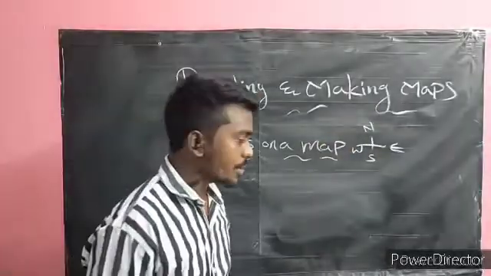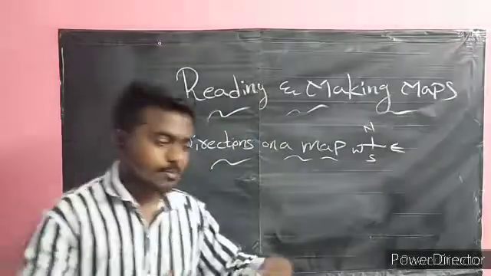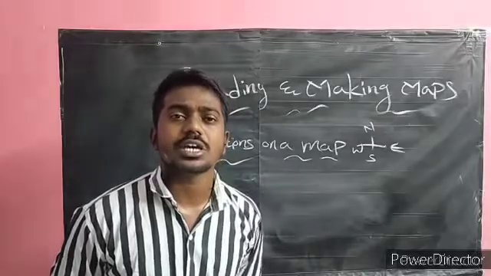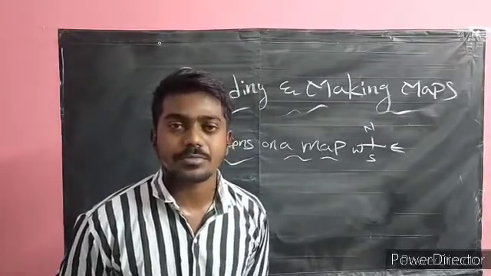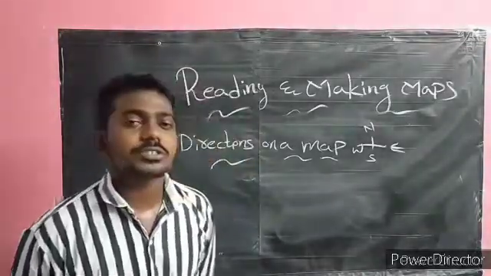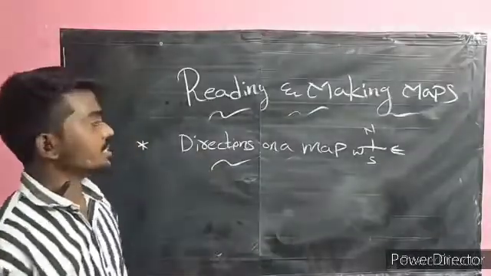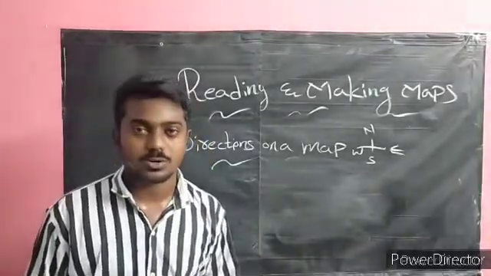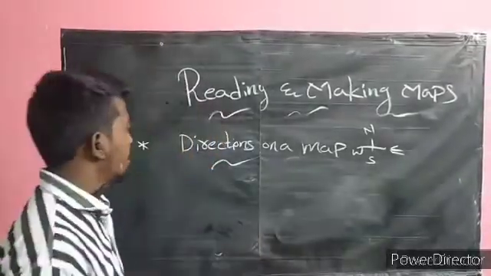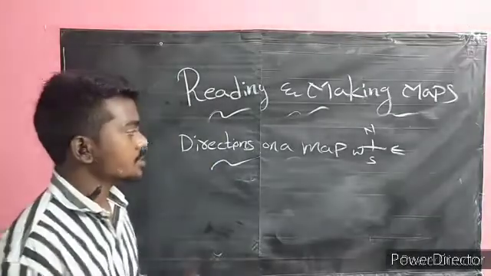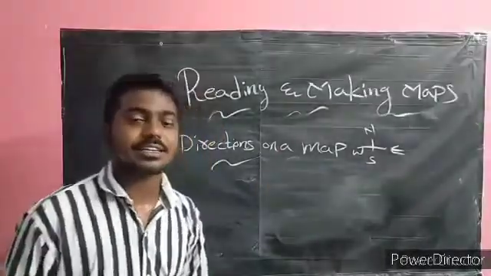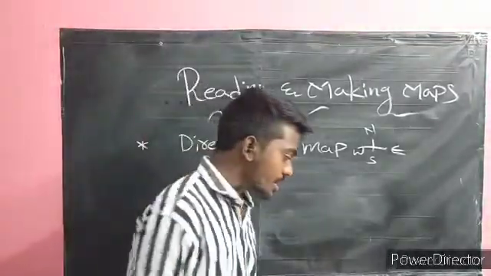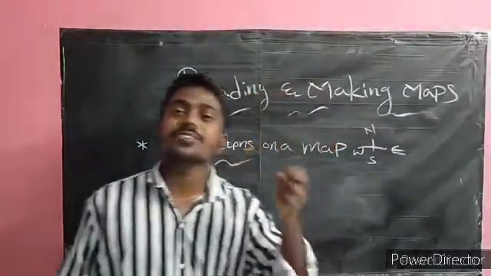Come to the blackboard. After Laila came to Malika's home, Laila had to go outside to see the village Venkatapuram. Immediately they went near the bridge. Okay, first they gave the directions on a map: north, east, west, and south. First they told about the directions and where the east, west, north and south are. They gave the box also.